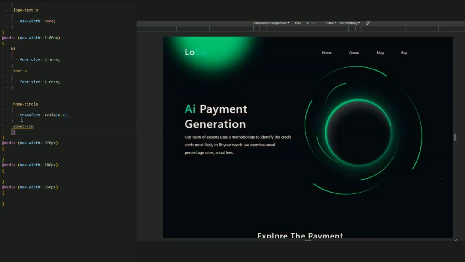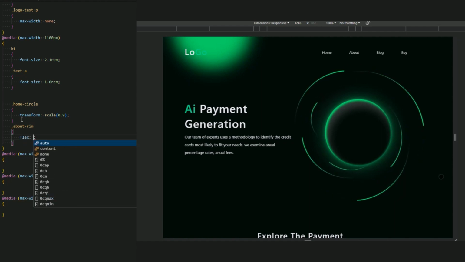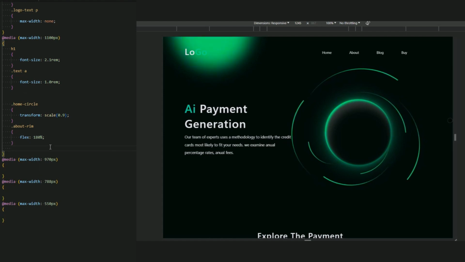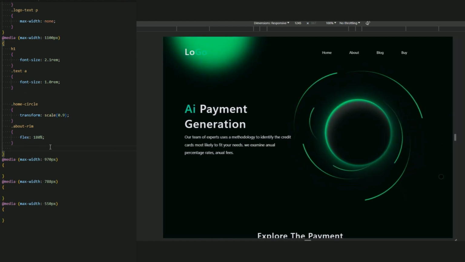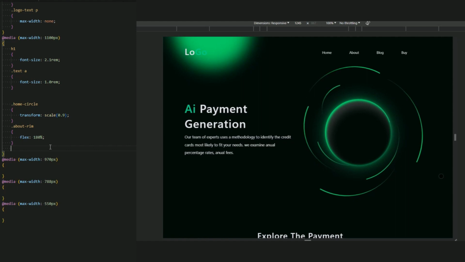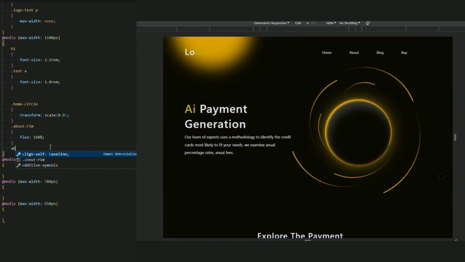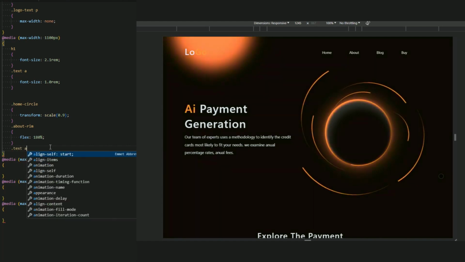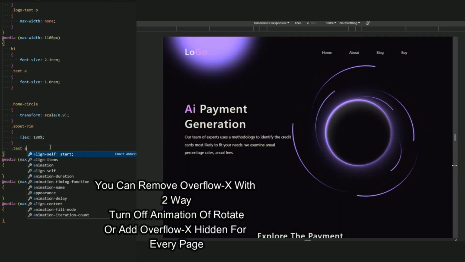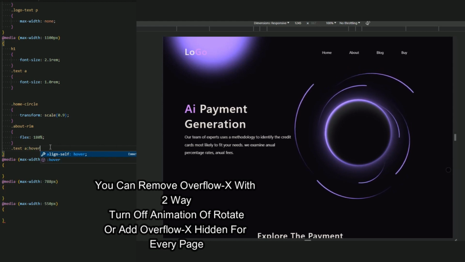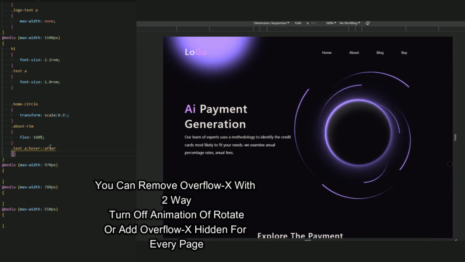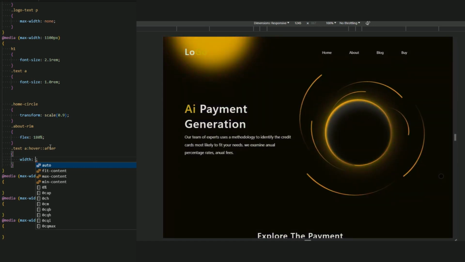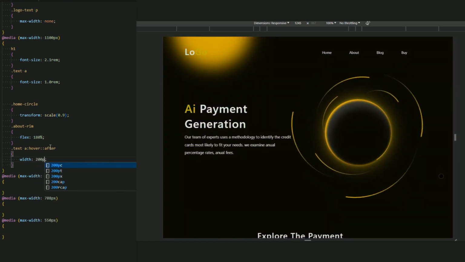Okay, and about rim, let me add a flex 180%. And let me just resize the about text a hover after in be 200. So about or text a after, I'm sorry, text a hover after that we have a width that we have a 225 pixel, be a 200 pixel instead of that, to be a little size.